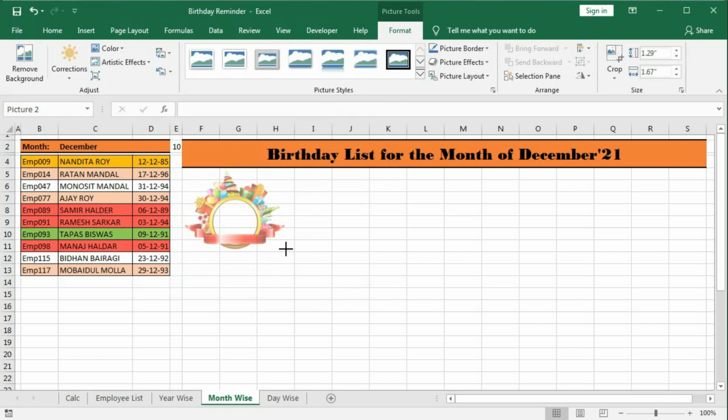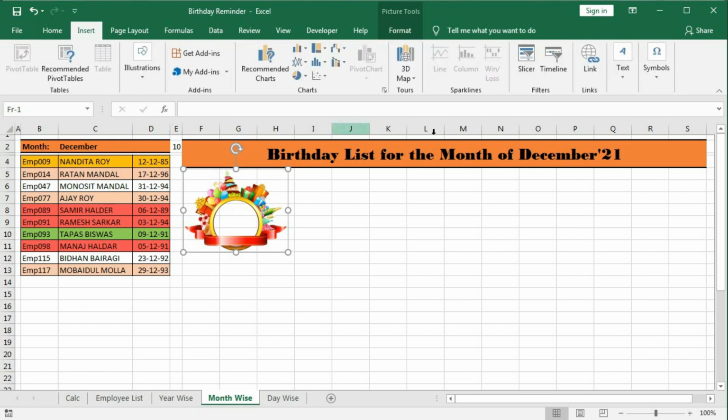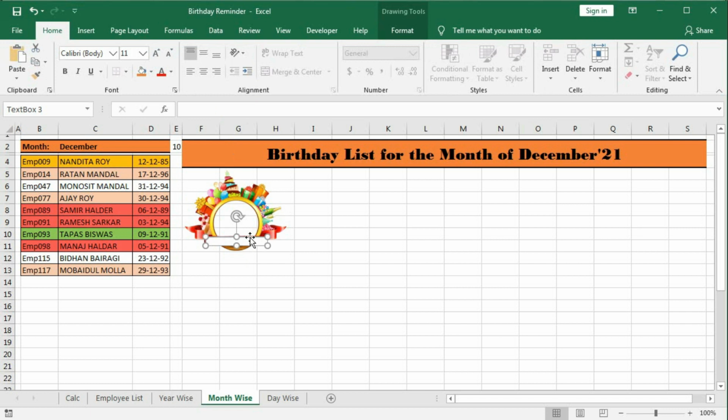Now we need to rename this frame. So here we will give FR-1. Okay. Now we need a text box for name. So insert text box. So create here the text box and reduce the font size, and let's type here a name.